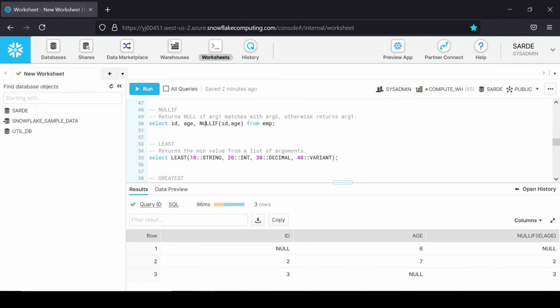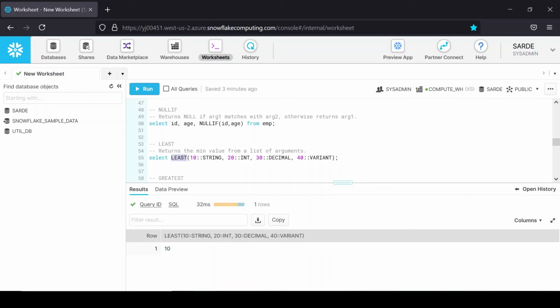Next, we can see the LEAST function. This LEAST function returns the minimum value from the list of arguments. So if I run this query, we can see it has returned the minimum value, which is 10.